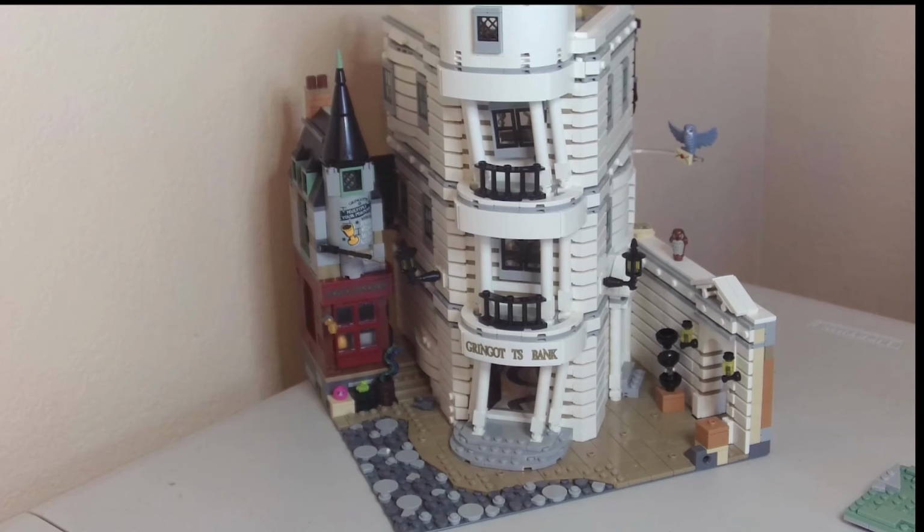But if you're just looking at it thinking, oh, let me pick up a big set, I can't really recommend it. I don't like how it looks with tilted floors. That just kind of bothers me. And I do think it is a nice set overall, but I think the way it's laid out, it probably would have done better as two different sets